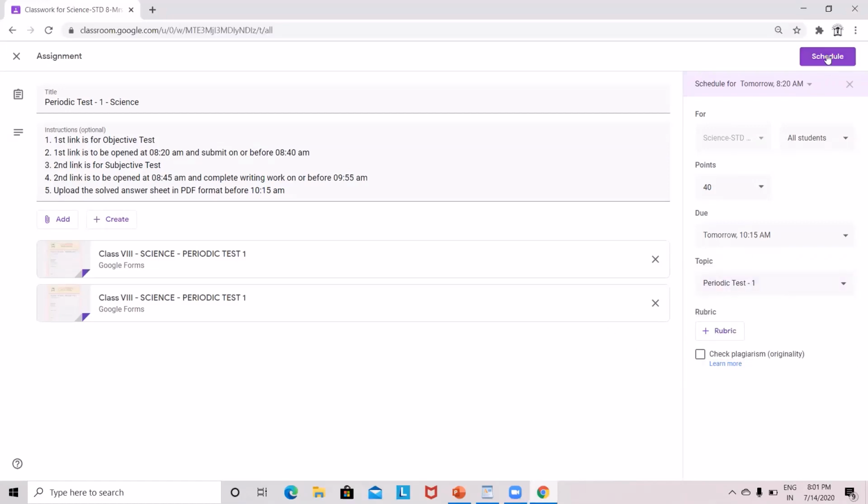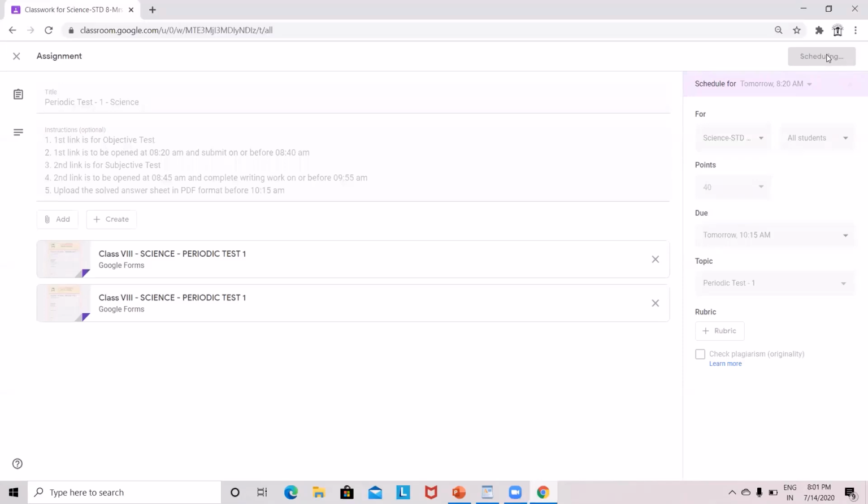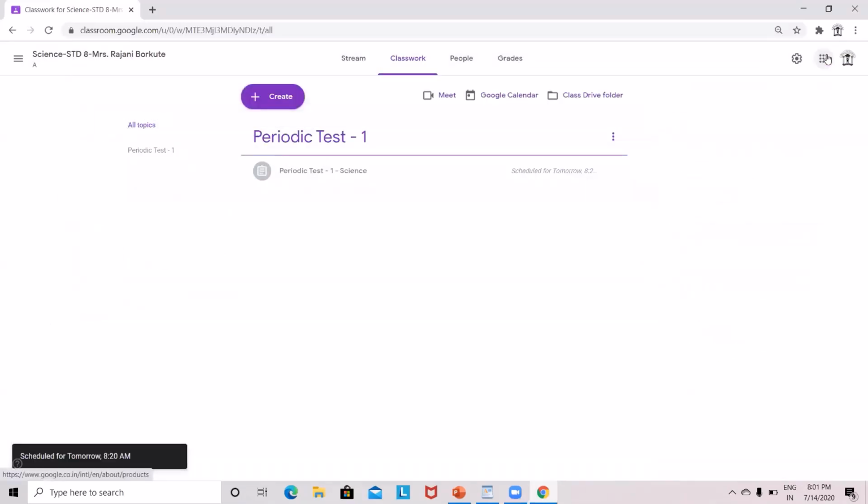Now click on the Schedule button at the right top corner. So this paper will be visible to students, but they cannot open it until the scheduled time comes. So this is the process which the subject teacher needs to do one day before the examination.